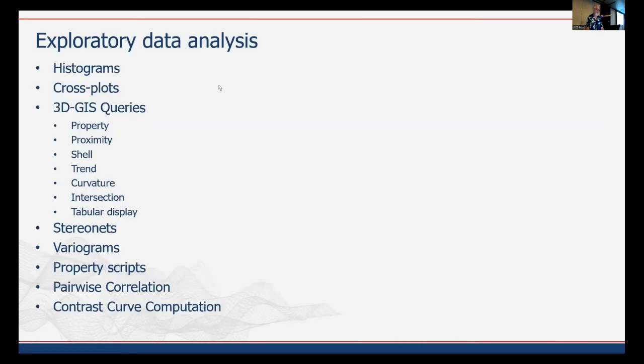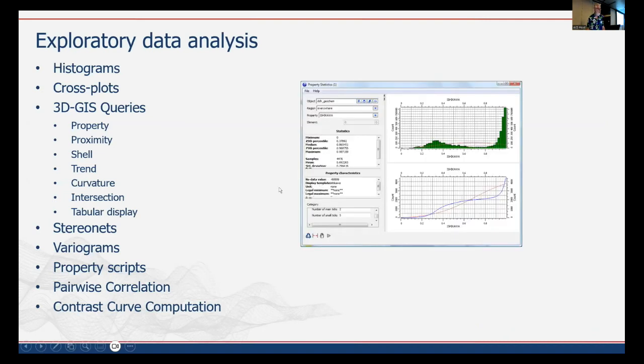So in terms of some examples of analysis of the data in 3D, we can visualize any property on any object as a histogram. So we can look at the statistics of that property, whatever it is. This might be density or whatever. This is actually Ishikawa alteration index. Some software will let you even do that on subsets of a particular object. So you might have a particular region of interest, and you can just analyze data from just a subset of a surface.